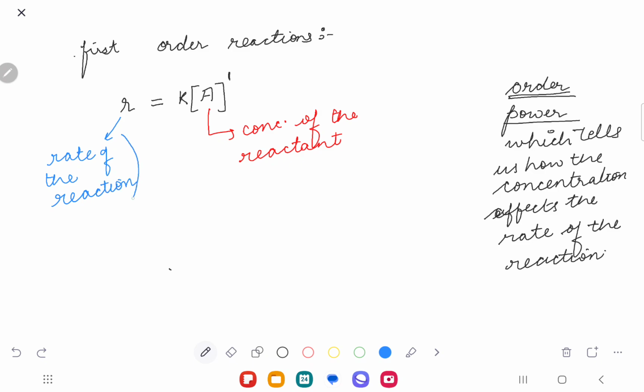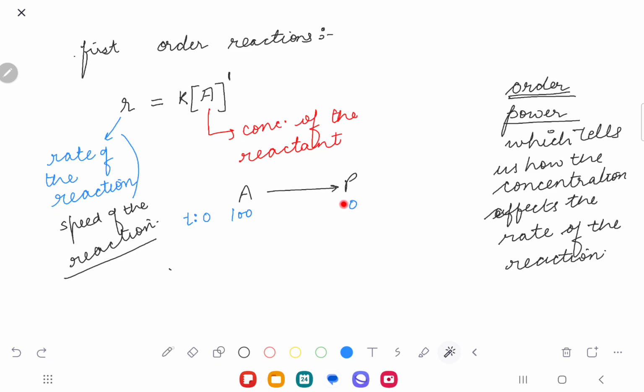You understand? R is the rate of the reaction. So basically, what does that mean? When we talk about the rate of the reaction, that means the speed of the reaction. And I told you that for first order reactions, if there is a reaction from A to P, let's suppose we have 100 molecules of A and 0 molecules of P initially, and at some time t,